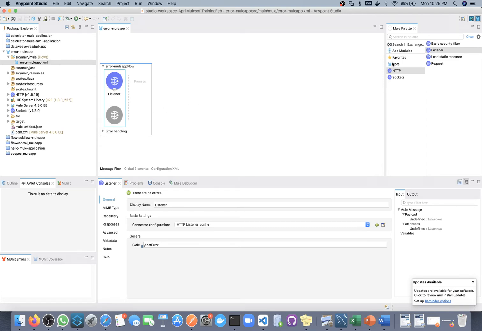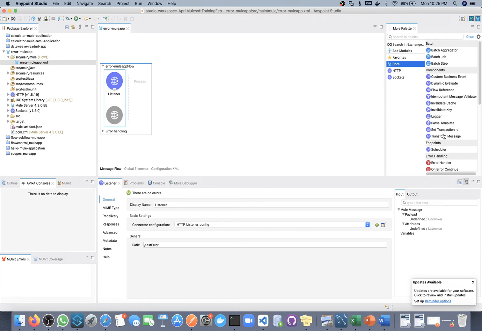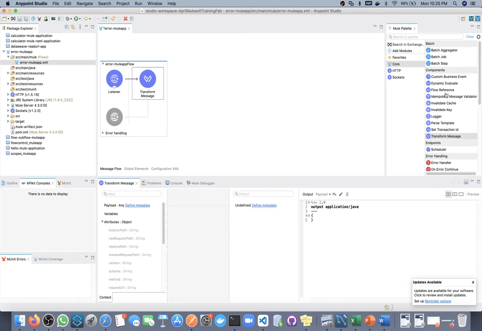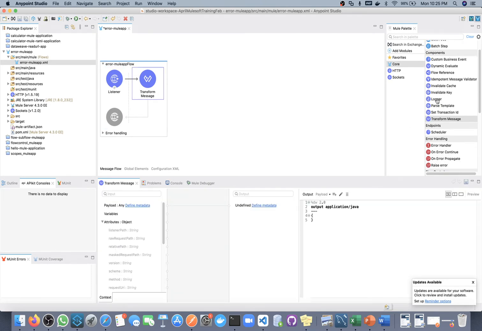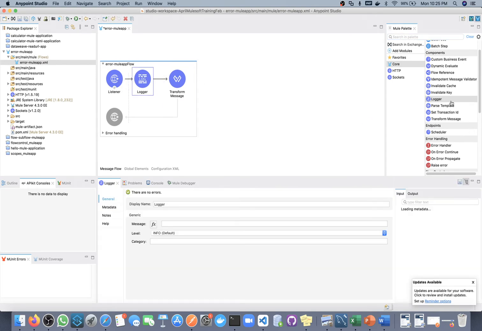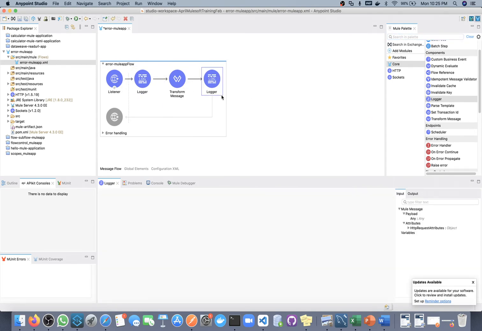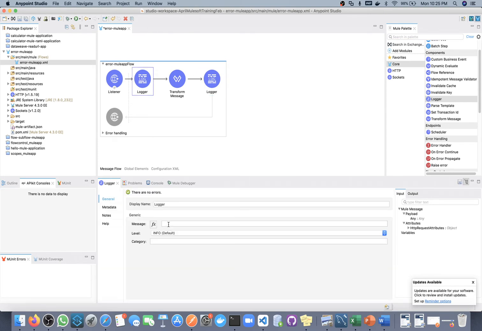Now I will take one core component, Transform Message, and first, okay, let me put two loggers also, before this and at the end of this. Here I will write "request received", and here I will log "response sent".